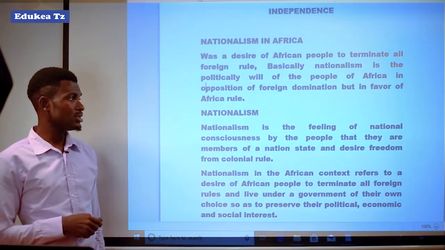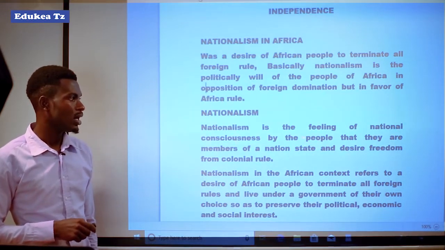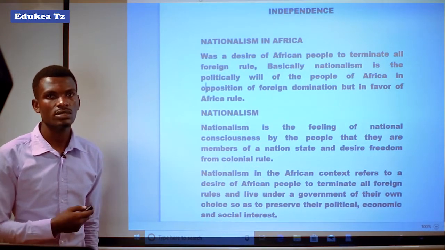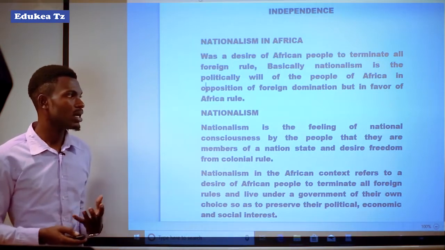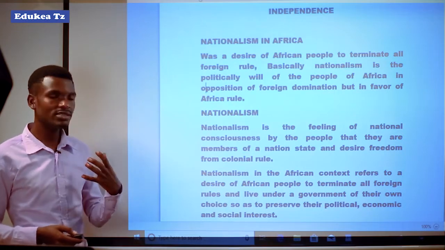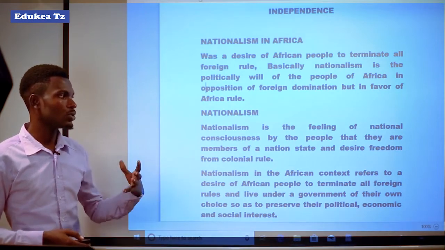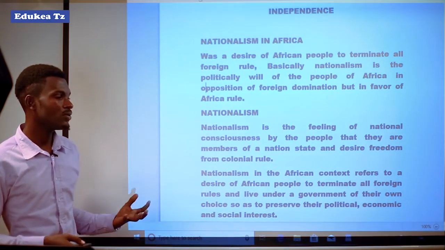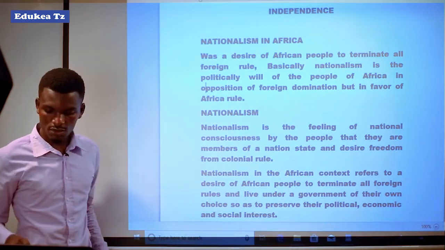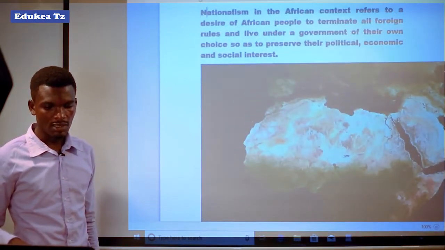Nationalism, by definition, is the feeling of national consciousness by the people that they are members of the national states and desire freedom from colonial rule. It is the will or the feeling of national consciousness by the people that they are members of the national states to regain freedom from foreign domination. And nationalism in the African context refers to the